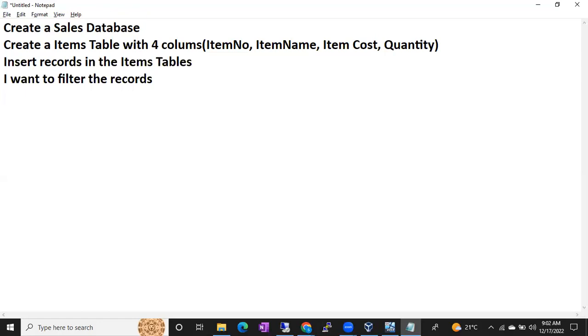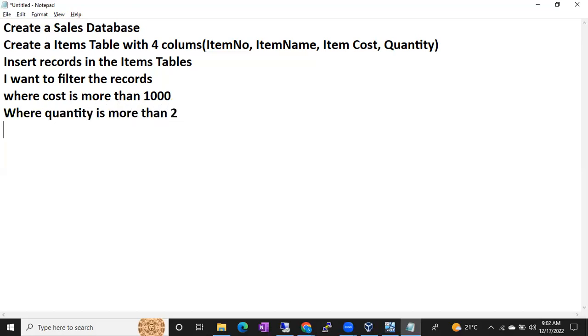I want records where the cost is more than 1000 rupees. Okay, and then I want all the records where quantity is more than 2. I want all the records, okay, where item name is equal to something like a